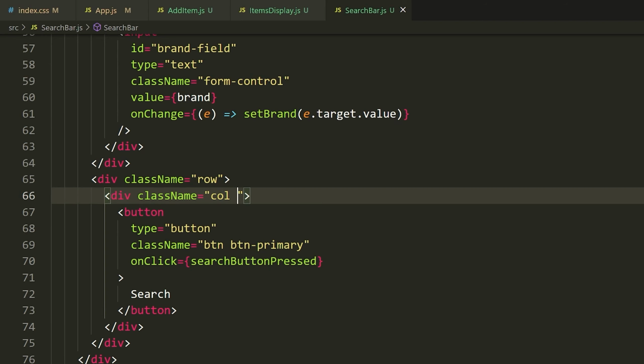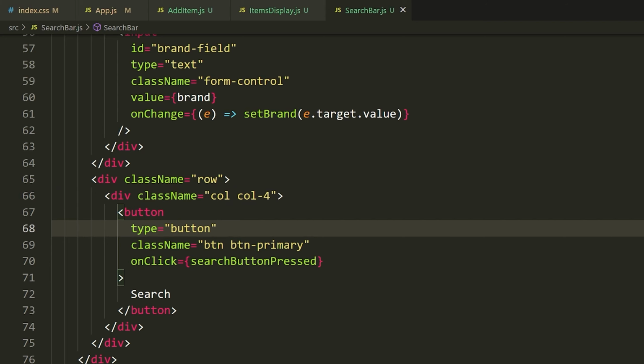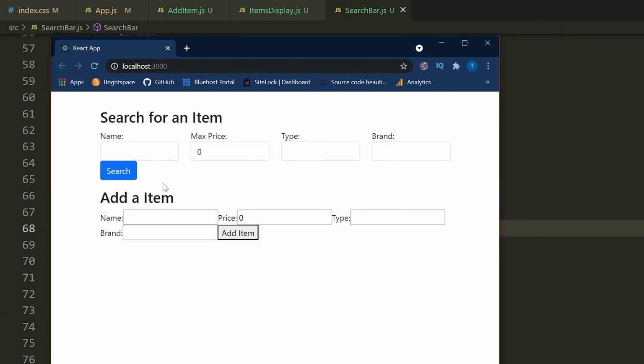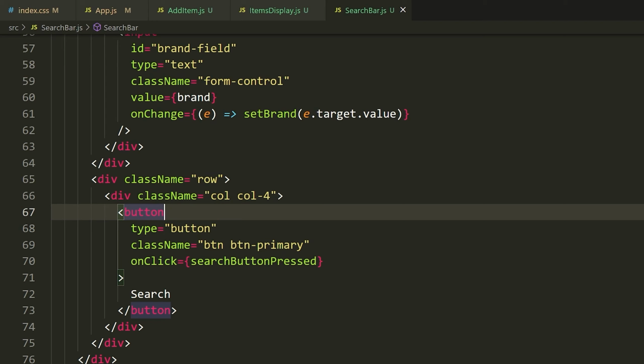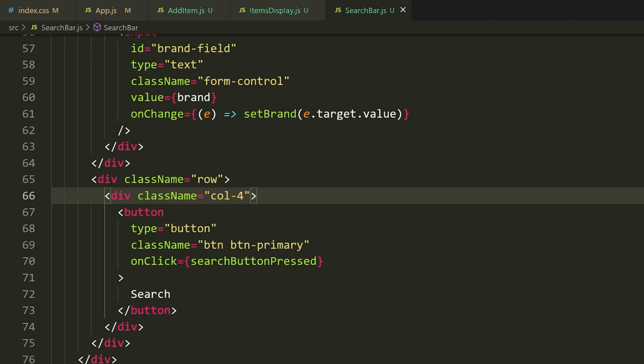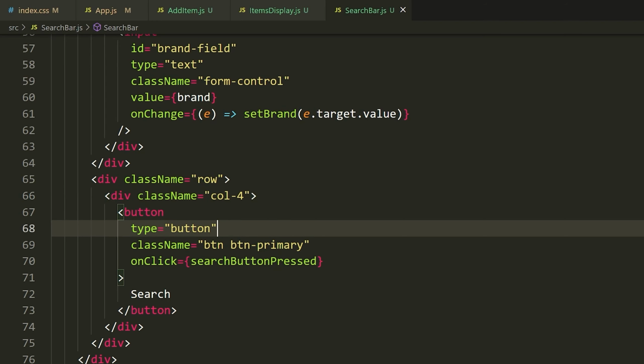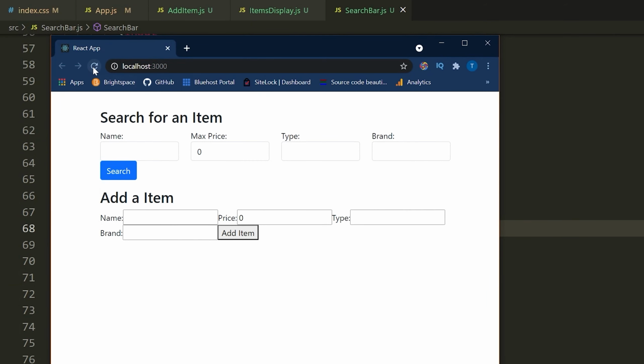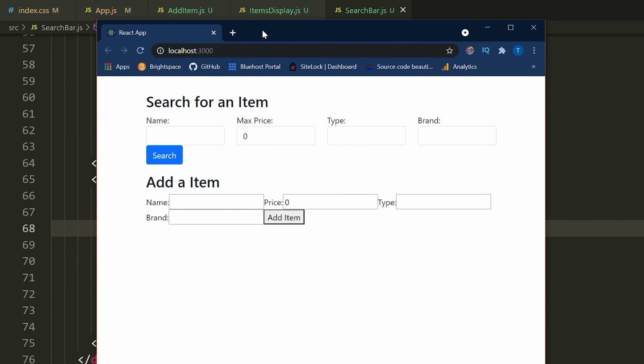What I can do is I can add col, and then I can say col hyphen 4. And what this is going to do is make this a size 4. So it's going to make this column have size 4. So now if I go here and I refresh, you'll see that this actually, why is this not getting larger? Sorry, I think you just do col hyphen 4. I don't think you need col and then col 4. Okay, so if I just do col 4 and I look at this, let me refresh here. For some reason, it's not getting larger. Okay, let me have a look here, but I thought that that should work for us.